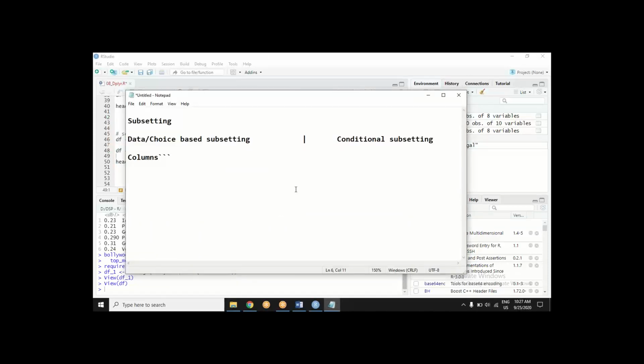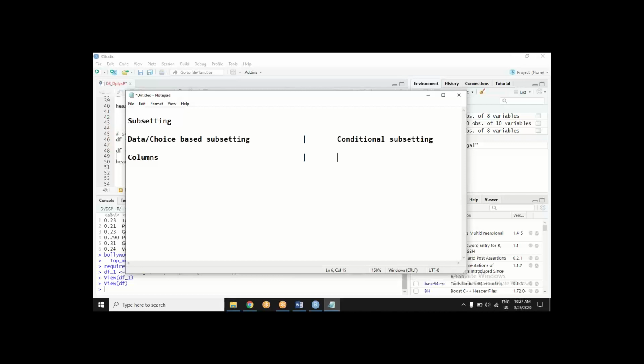Then there is condition based subsetting. Think about it. Where do your conditions occur? You have seen that already. My condition is I want to see the diamonds with very good quality. Yes or no?